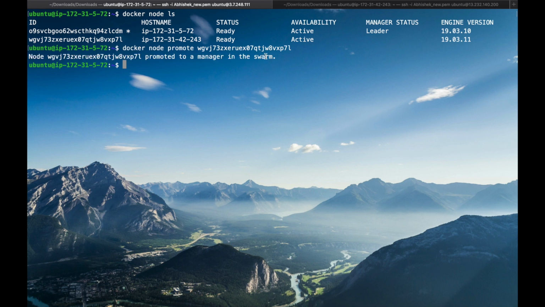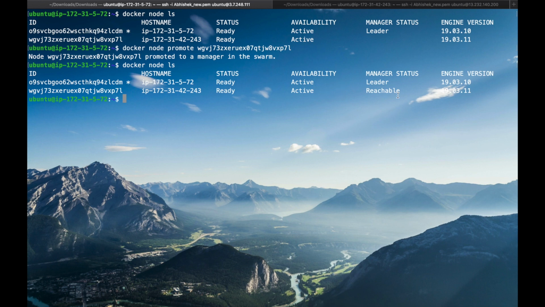Again we execute the command docker node ls, and we can see it is reachable. Let's inspect that node with docker node inspect.